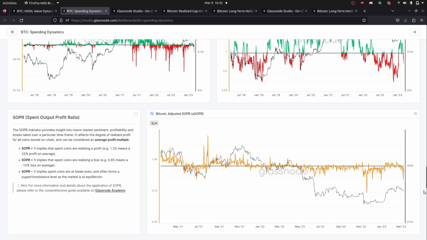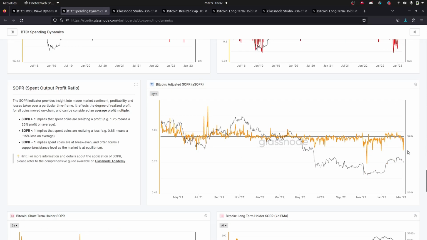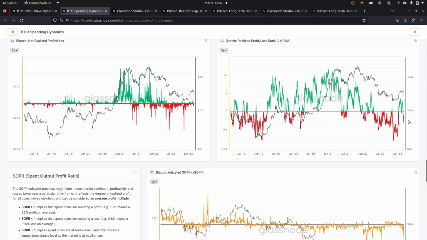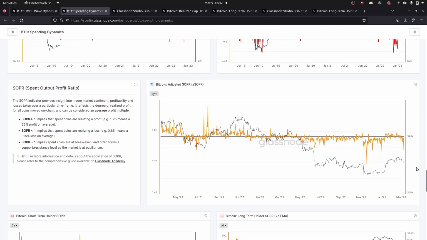So just be careful here, because what we actually want to see is particularly these metrics. Anyone with an advanced plan, I particularly would like to see this metric get back into the green, and I would like to see SOPA back into the green. So our profit and loss ratio and SOPA, I kind of want to see some upside momentum here, because what we're starting to see is potentially a bit of a panic coming in. We could see people who actually do start to liquidate,